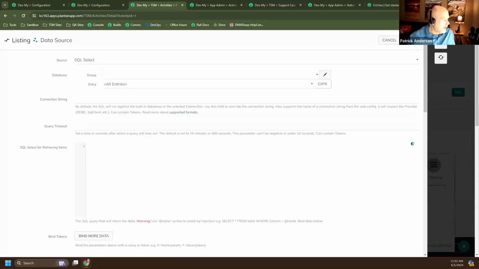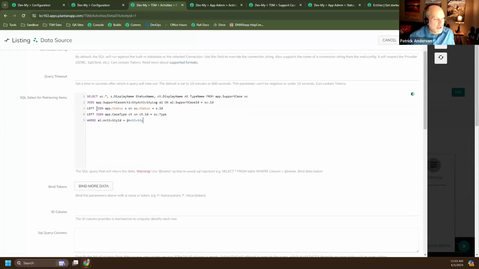In the interest of time, I'm not going to show you the development of the SQL select, but I will explain it to you. So I'm going to paste that in here. And so I'm selecting from the support case table, everything from there. And I'm selecting the status display name